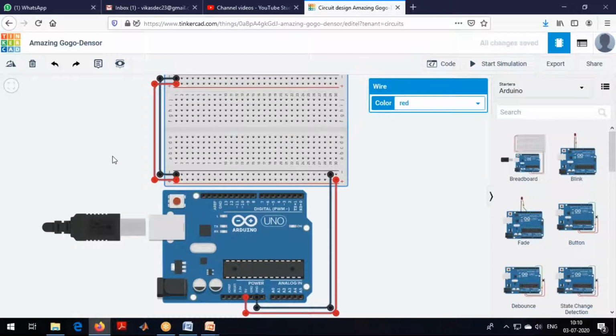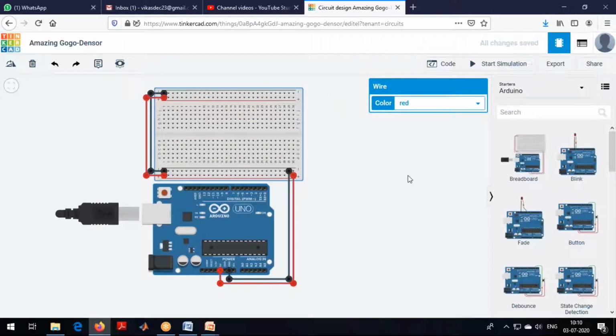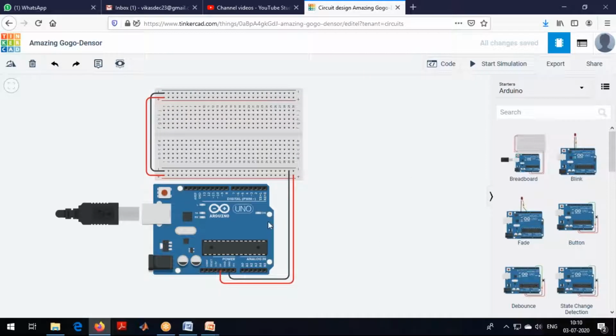In general, for every circuit we need positive and negative. So rather than making the circuit very complex, we are taking the ground connection from Arduino and giving the connection here. As we have discussed earlier, as the highlighted horizontal line shows, all those lines are connected now.